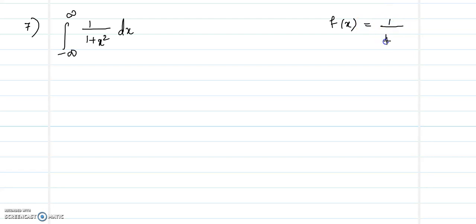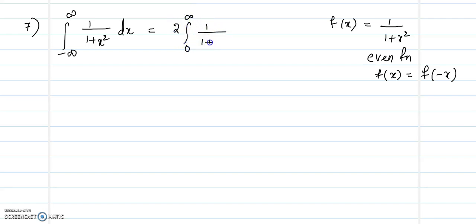And next, 7th question. We need to evaluate the integral from minus infinity to infinity of 1 by 1 plus x square dx. As we can see, the integrand is 1 by 1 plus x square. So this is an even function, since f of x is equal to f of minus x. So the integral will be equal to 2 times the integral from 0 to infinity of 1 by 1 plus x square dx,